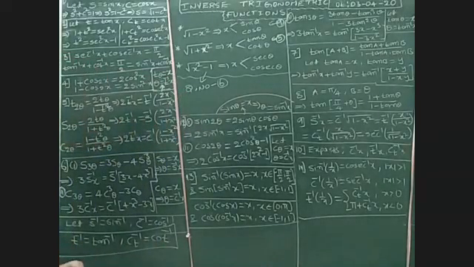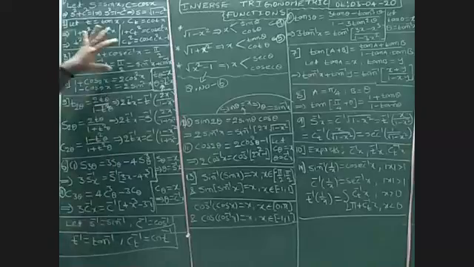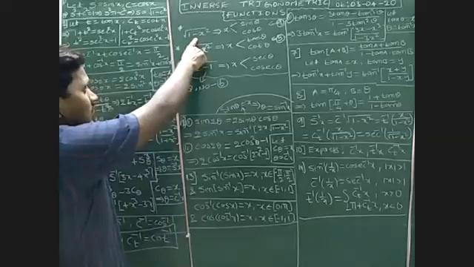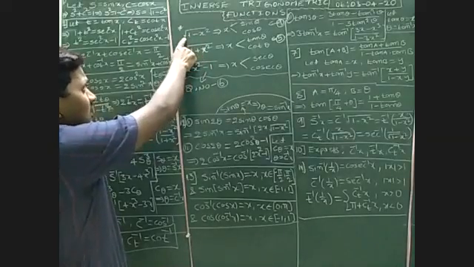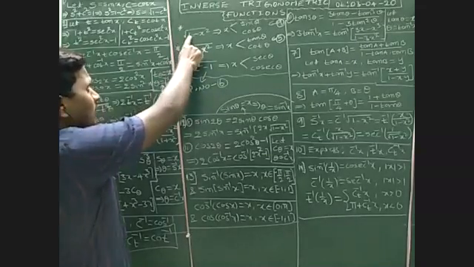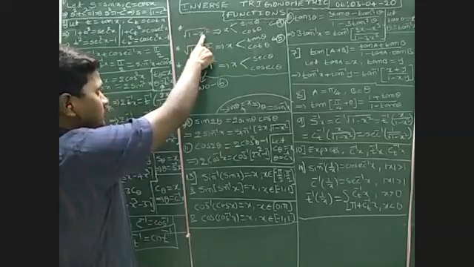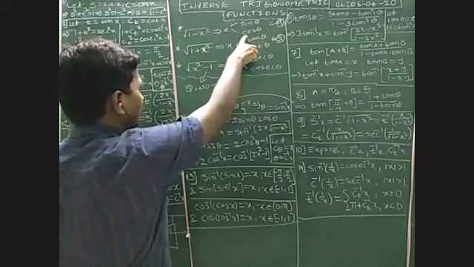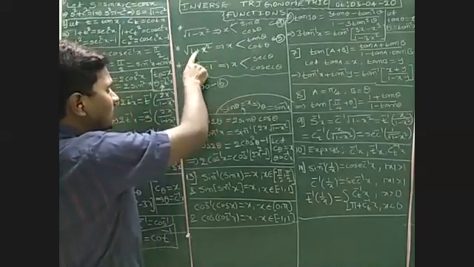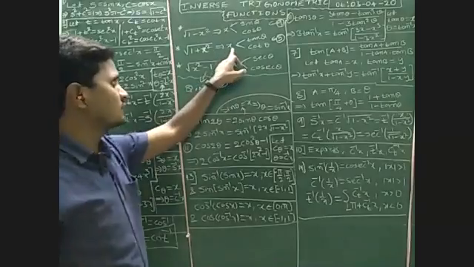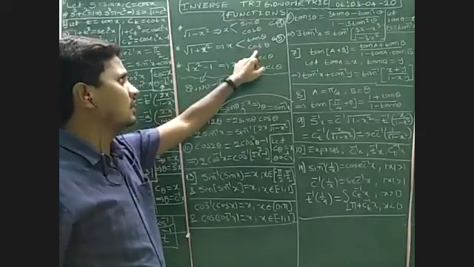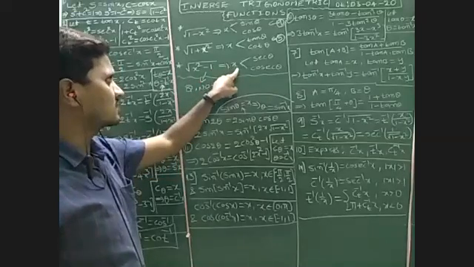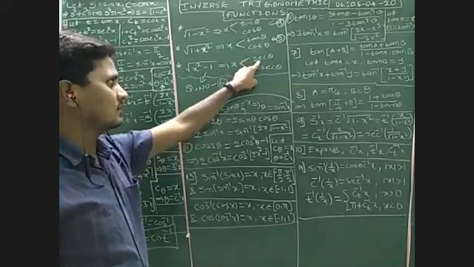I have written very important points on the board. First of all, remember, in the given question, if you have the square root of 1 minus x square, what should we substitute in place of x? We can substitute either sin theta or cos theta. Whenever it is in the form square root of 1 plus x square, we can substitute x is equal to tan theta or cot theta. And for square root of x square minus 1, we can substitute in place of x, secant theta or cosecant theta.